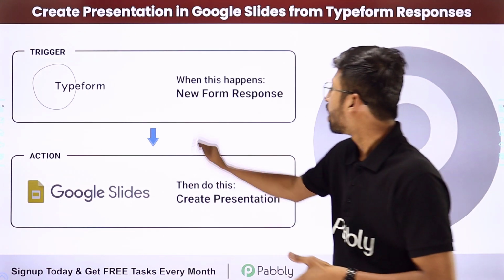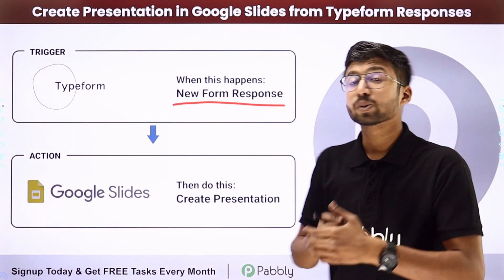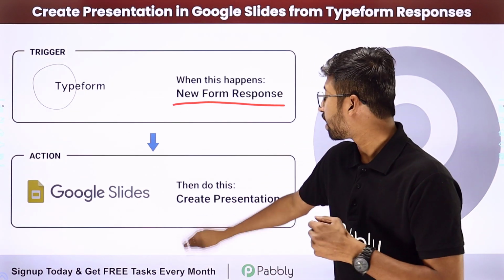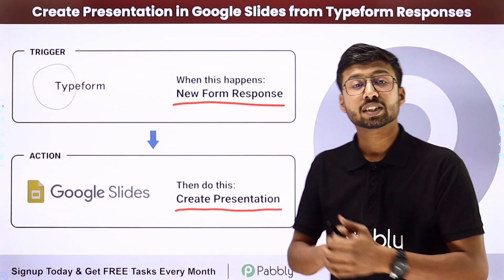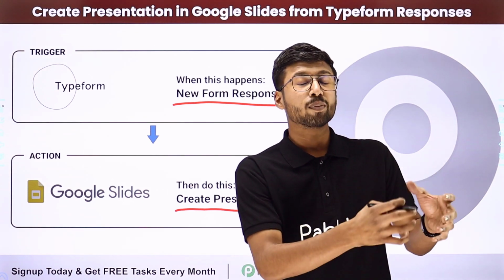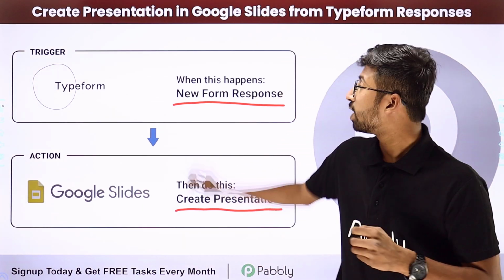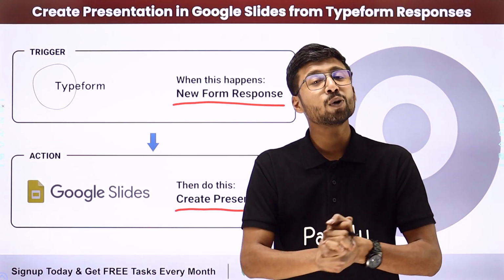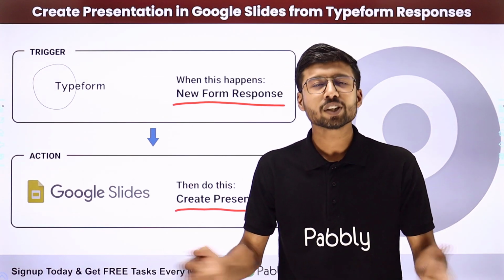And in this automation, whenever we receive a new form response in Typeform, automatically with the same details, we are going to create a new presentation in Google Slides. So in Google Slides, we already have a template, and in that template, we are going to put in the form responses which we receive from Typeform. So if you want to know how you can set up this automation, you just have to come with me